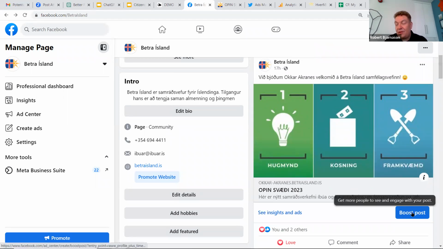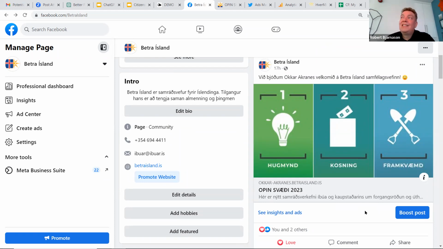down here you usually have a button called Boost Post. For the first few years of Citizens Foundation, we spent considerably more on Facebook ads than salaries. I always had another job that was paying my salaries.